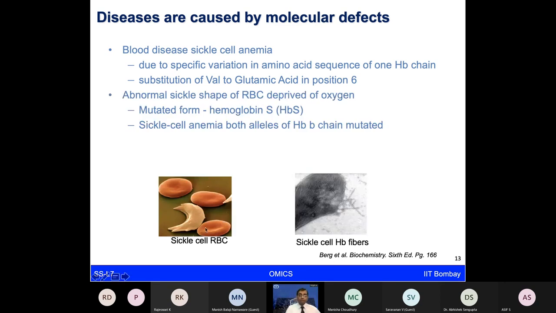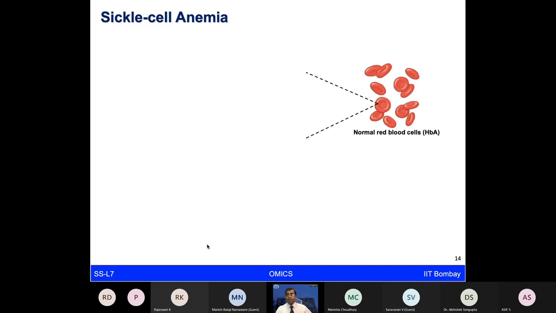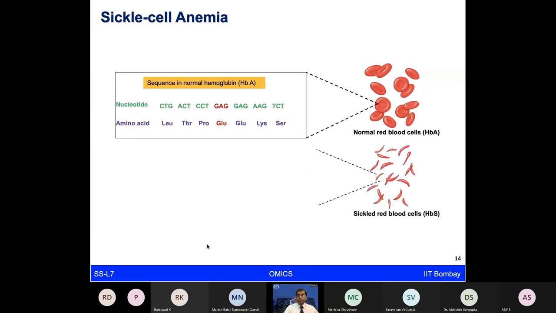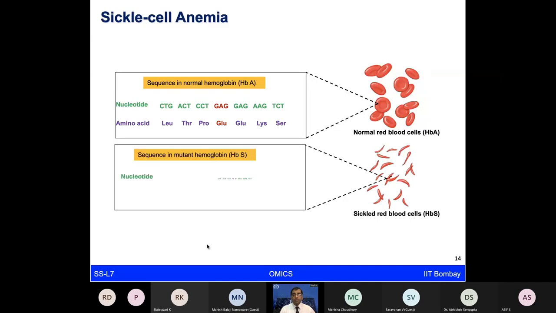So this is showing you the sickle cell RBC shape. Now the oxygen carrying capacity, the oxygen binding capacity, is reduced. And these individuals cannot climb up a mountain, and they can't breathe so well. Many of the challenges which you see in a complex disease like this are coming because of a small change at the amino acid level, from glutamic acid to valine, and that one change is making this normal protein into the mutant form of the protein.